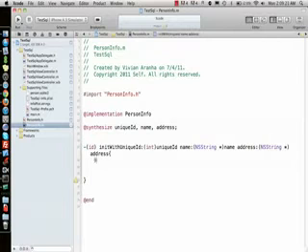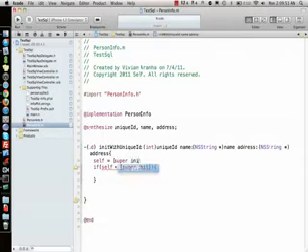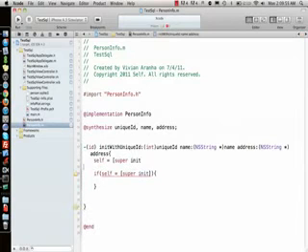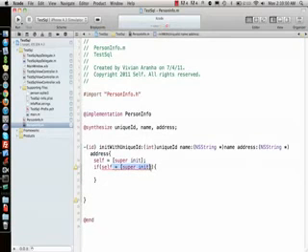Inside this I will say if self equal to super init. What you're doing is you're calling the initialization function, and at the same time you're also saying if self is equal to super init. It will give a warning here, but it's all the same as if self equal to super init, and then saying if self,